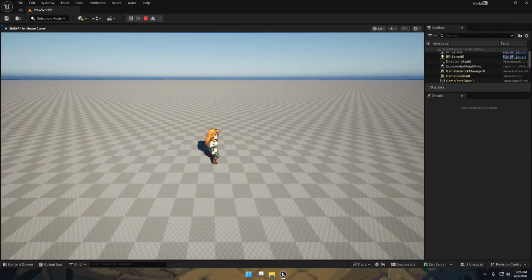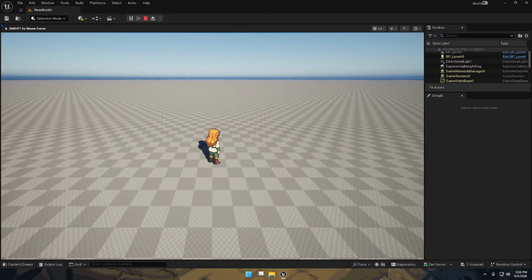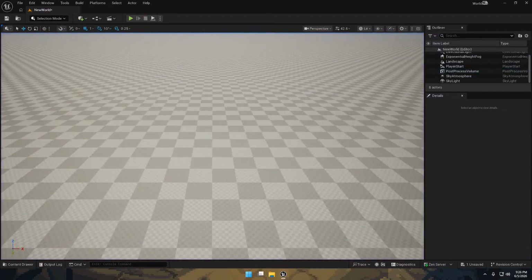And the best way to visualize the distance that we need is to drop the character into the map. So we can go to our content drawer and Blueprints, Characters. We have BP Player and just drop it into the map. And we then want to pilot the camera to get a preview of what it's going to look like. So while it's selected, I can just right click and pilot BP Player to look through